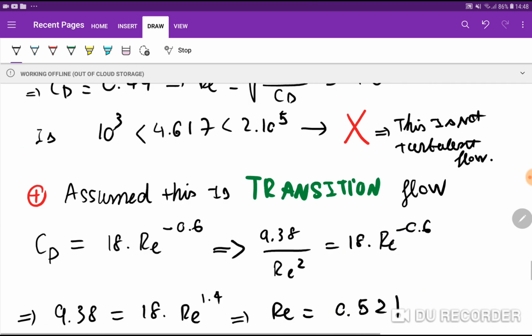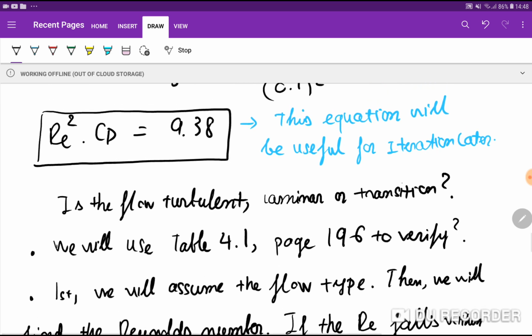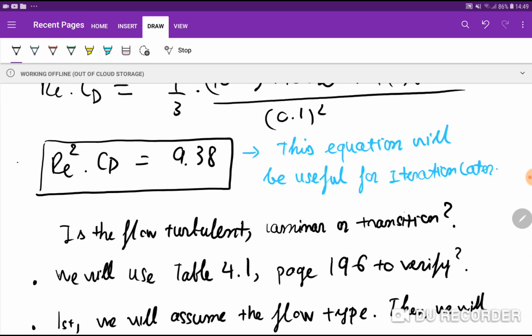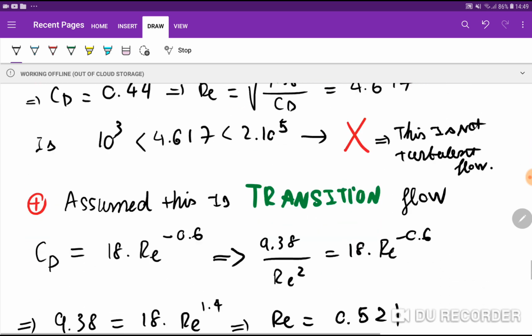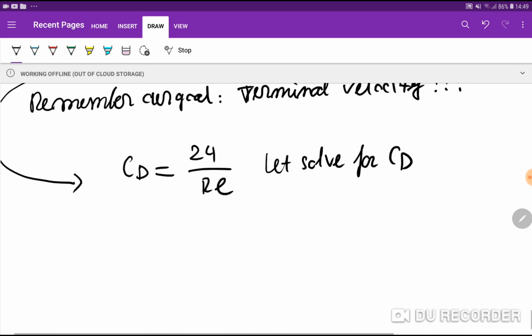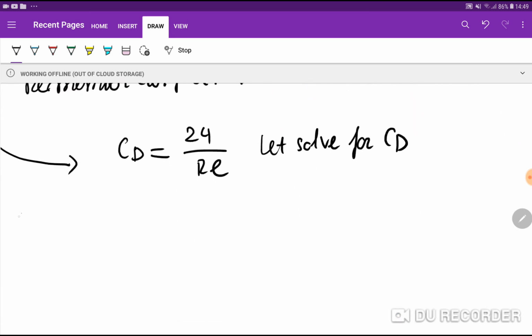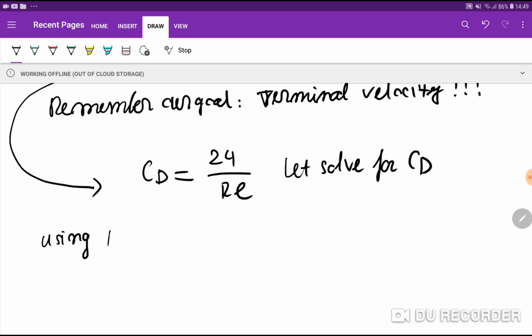Okay, remember we have that we use this equation. Let me call this equation 1. So using equation 1, you have